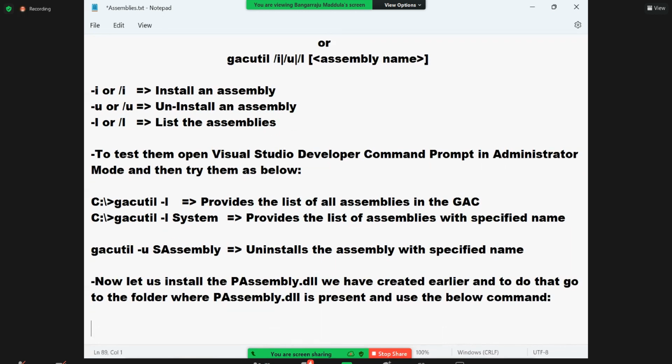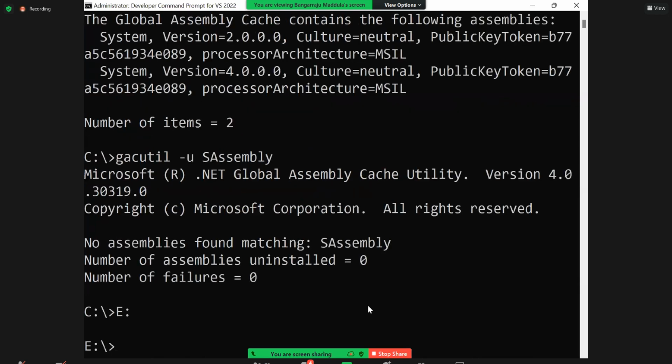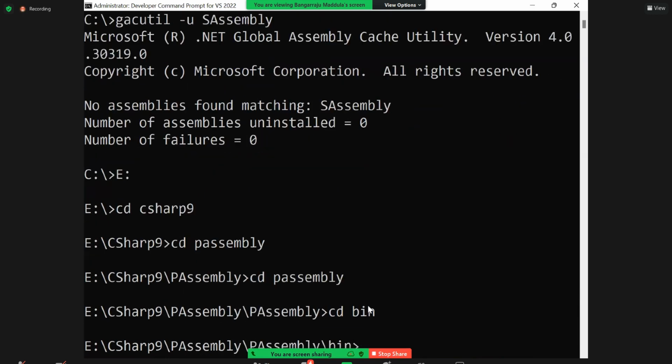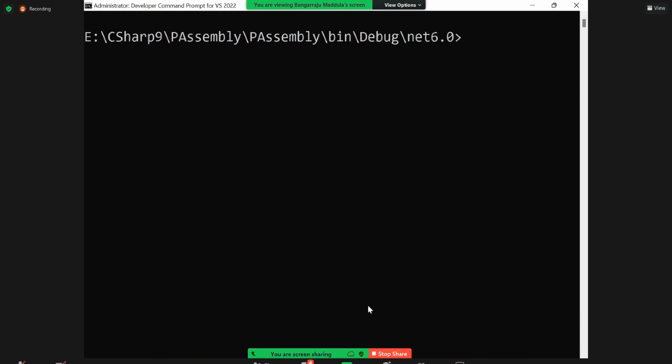Are you following me? Come on, let's go to the folder. Where is it, guys? E drive. Where is it present first? It is in the E drive. C# 9, PAssembly, bin, debug, net 6.0. That is the location. Are you clear? GSE util